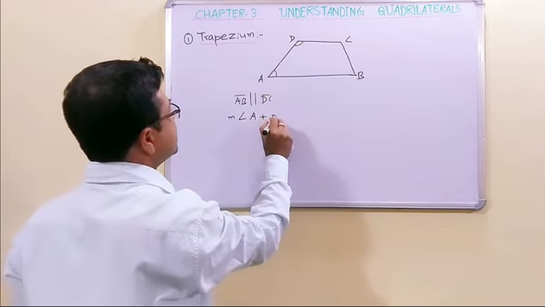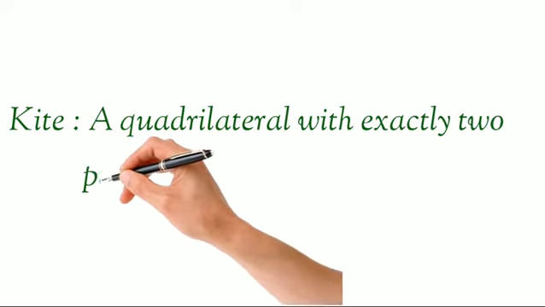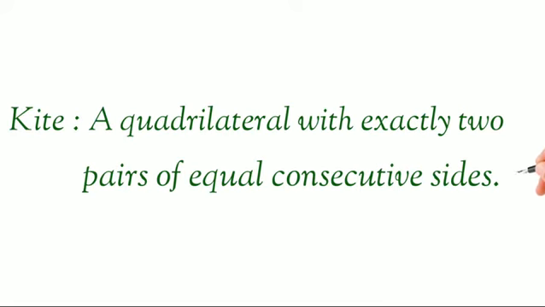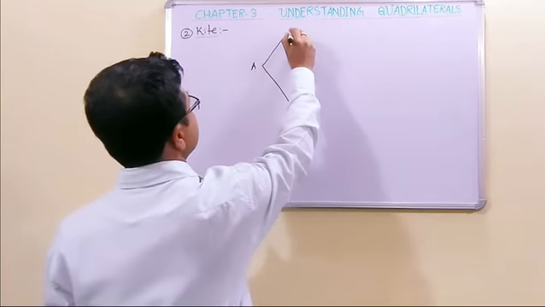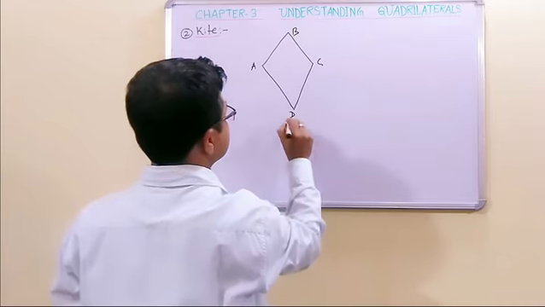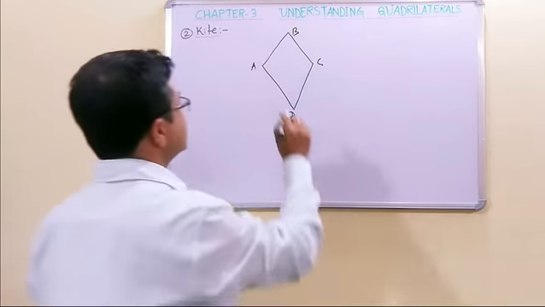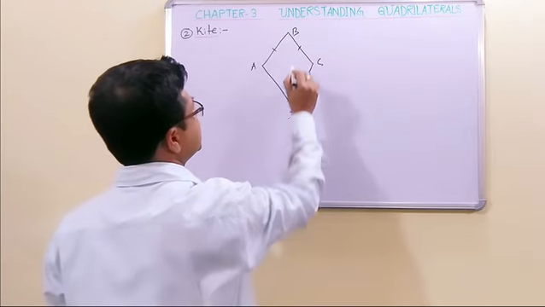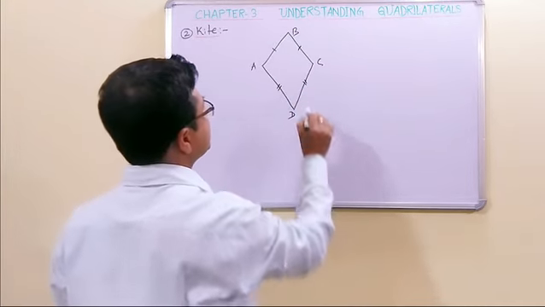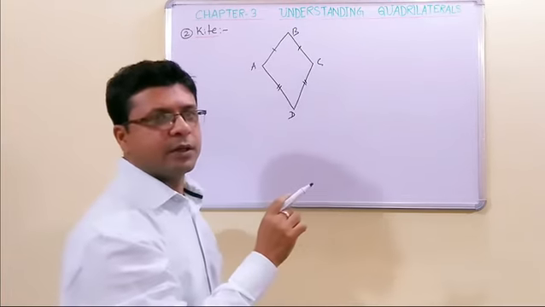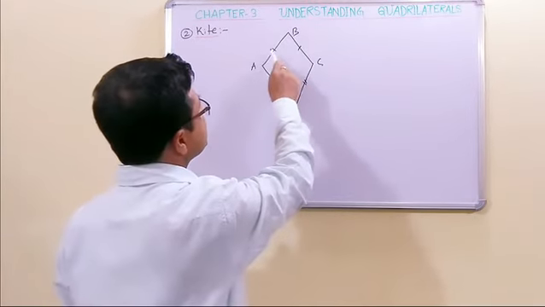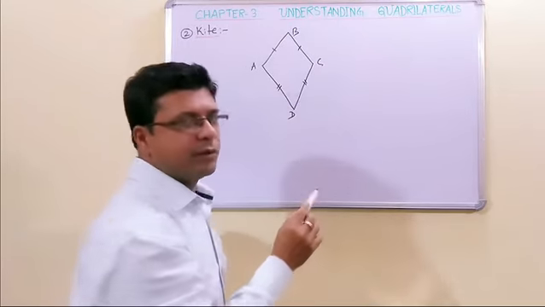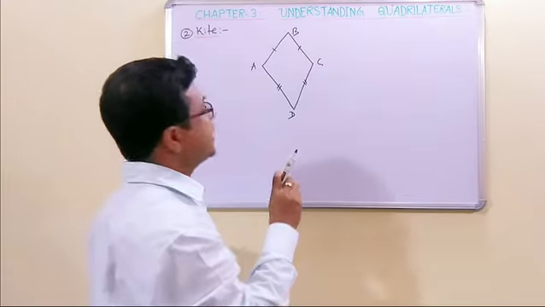Now the next quadrilateral is a special type of quadrilateral. It is a kite. Now let us draw a kite. Here we can write the name as A, B, C, D. Always in any kite, these two sides are equal, and these two sides are also equal. The same marked sides are equal. So the nearer two sides are equal. This is the definition of the kite, you can say.